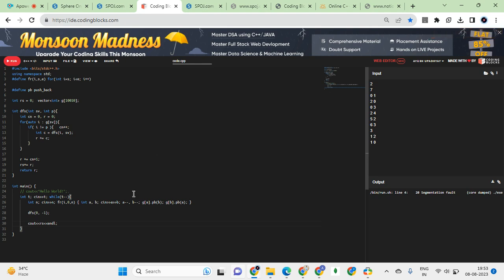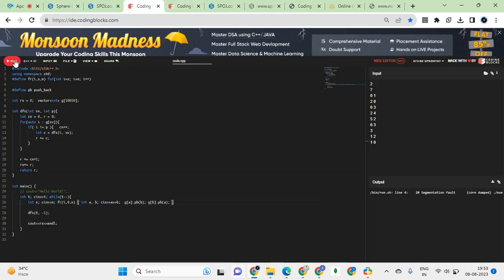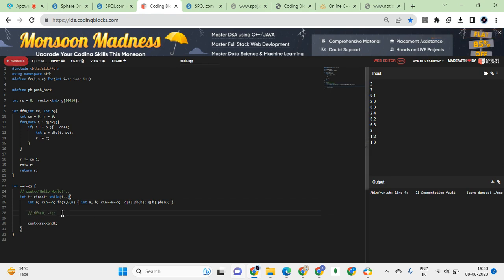Wow. A minus minus. Okay, again zero indexing. I expected them not to give. They sometimes give or not. I don't know, man. A dot pushback B, B dot pushback A, then no parent. Again, the first step should be to check whether the error is in DFS or in the input. It comes out to be that the error is in DFS.